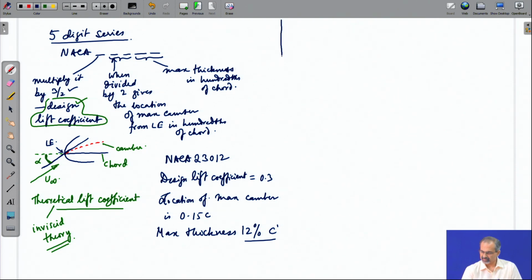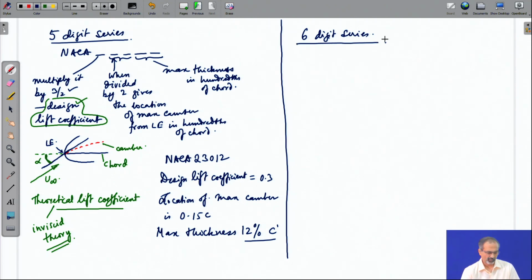So, this is the 5 digit series, and there is one more in the NACA series, that is a 6 digit series as well. Six digit, we will write down an example straight away, say NACA 65-218. The first digit represents the 6 digit series itself. The second digit, what does it give? It gives the location